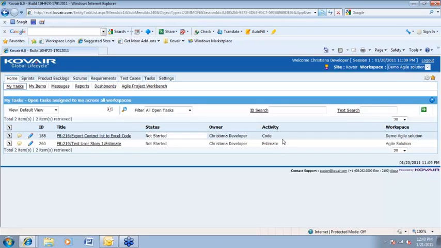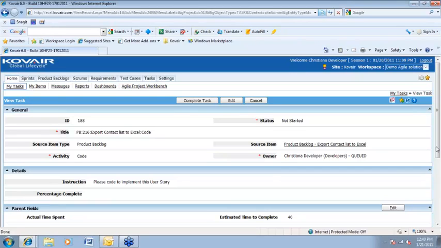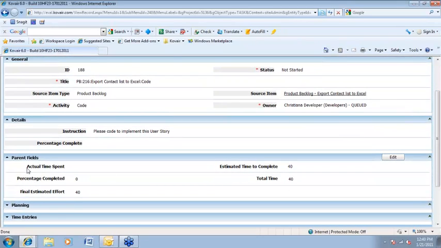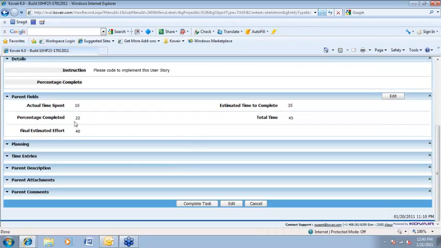As you can see here, she has already got a job to code, and let's say she gets into her task, and on the first day, she has worked 10 hours. Here is the section that shows how much time she has actually spent. She can track it and also provide the amount of time she feels is left. So let's say at this moment, after working for 10 hours, she enters 10, but she still feels that she would require another 35 hours to complete this job. So updating the information, we save this, and based on the information that she has provided, the percentage